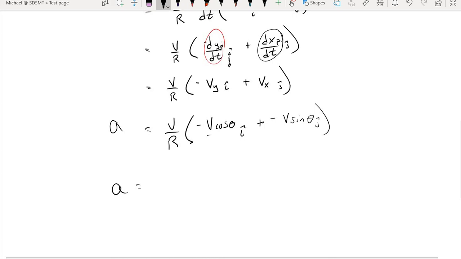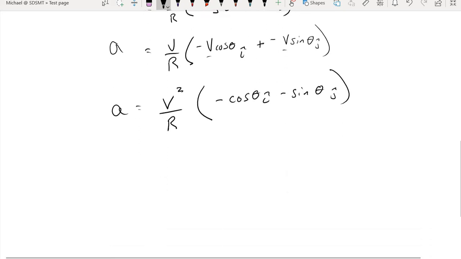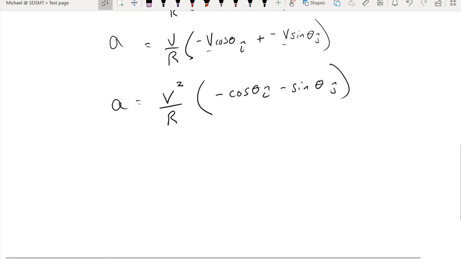We once again have terms that both have the magnitude of the velocity, so we can factor out another v. We now have v squared over r. And then we're left with negative cosine theta i hat plus a negative sine theta j hat. And now those don't look so confusing anymore. And these are technically the x and y components of our